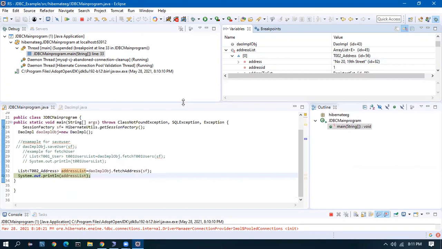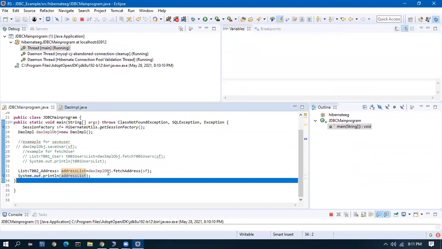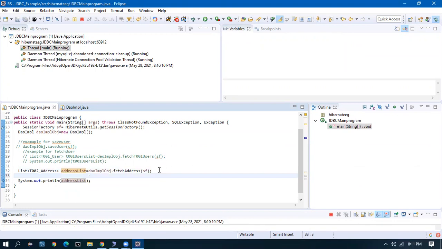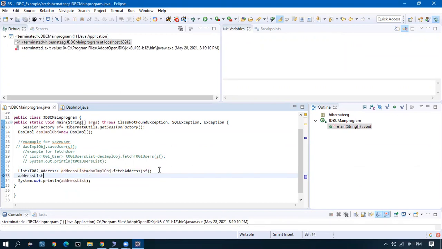We need not do a query to fetch the parent. So all I can do is just address list dot get of, let's say 0th element, dot get of user object. I'll get the parent, I'll get the user object, because we have a mapping. Mapping, right? Okay. Yes. We're getting the whole details of the address list. Correct. Not only the address list, its parent also we are getting. Yeah, parent and children both are coming. The address parent is also there. The address children also will be there, which is the address zip.